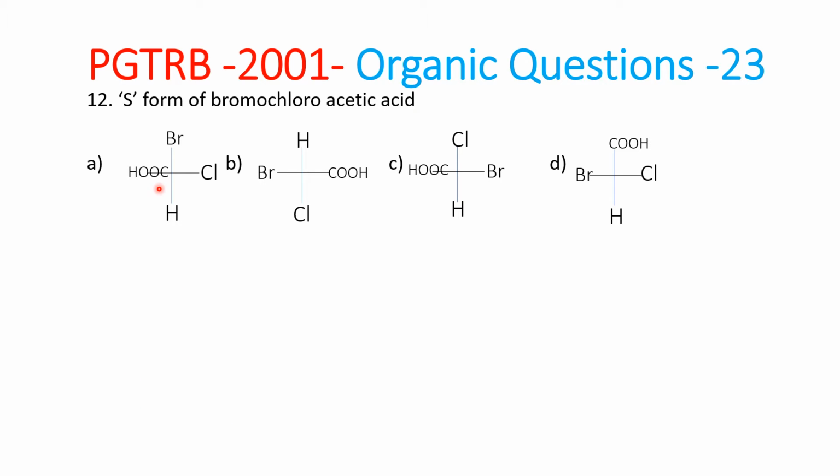Okay. According to the atomic number, we need to give the priority. Which is the first one? First one is bromine, and then chlorine, and then acid, and then hydrogen. So always, for the acid, we need to see the carbon. According to the carbon, it goes to the third position only. Okay. We need to know the priority first.